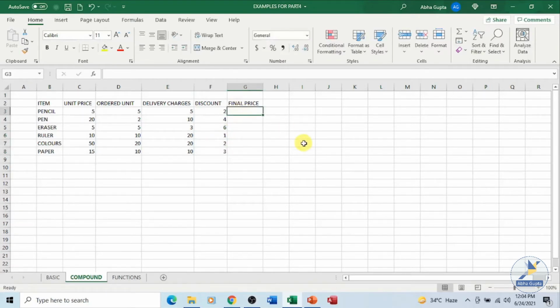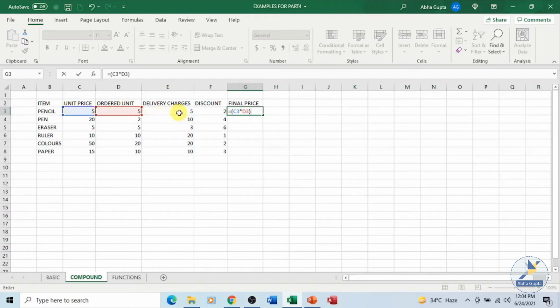Let's calculate the final price over here. So let's begin typing in the formula. Equal to sign, opening parenthesis, my unit price for pencil is this, unit price, the symbol multiplied by the ordered unit, close the parenthesis. I know it is 25. We have to add the delivery charges, plus the delivery charges in cell E3.